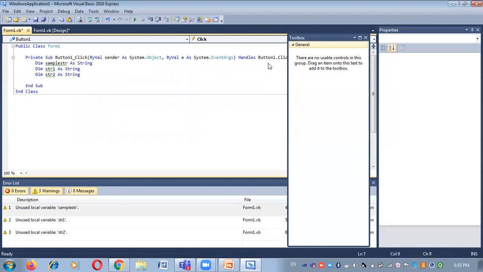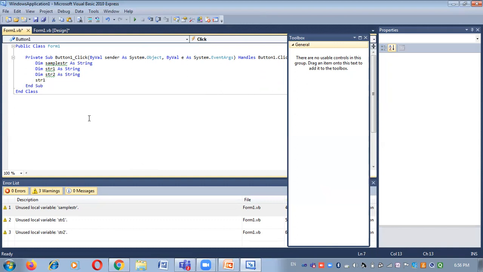Now what is next? After compiling my project, I just want to enter whatever strings I have entered in text1 and text2. The concatenation of the two strings will be displayed in text3. For that, in the form, I have considered two text boxes. One string is displayed in text box 1 and another is displayed in text box 2.